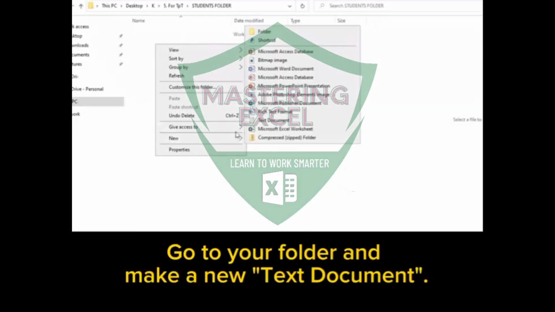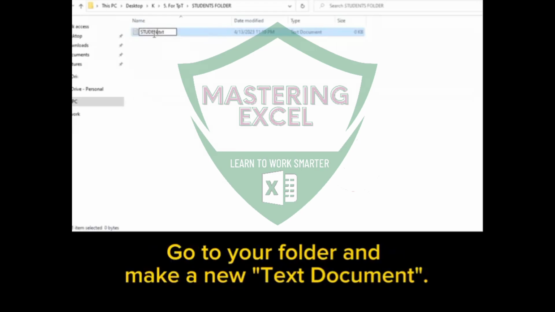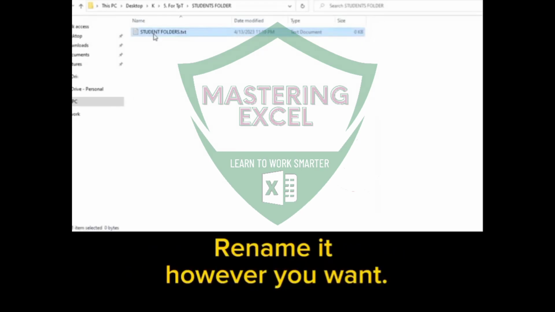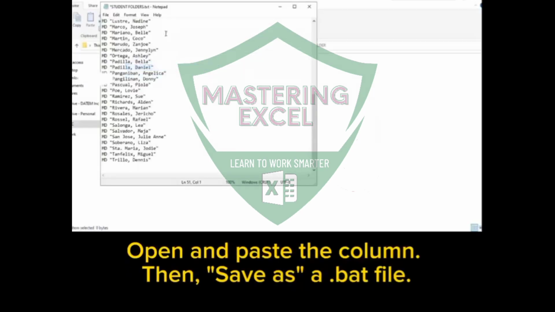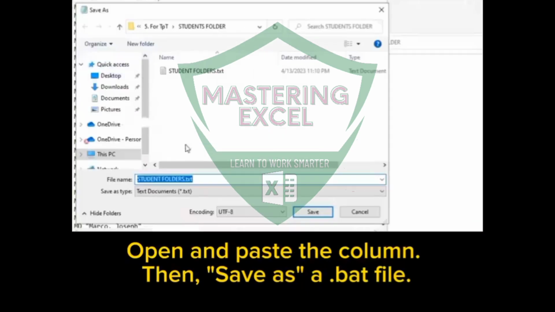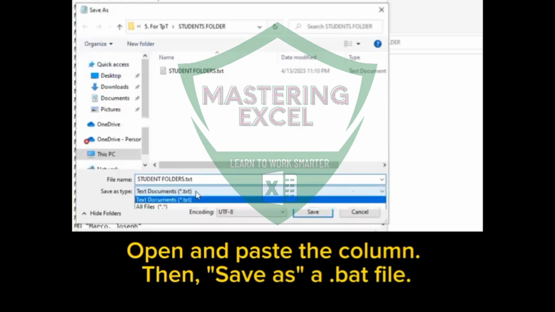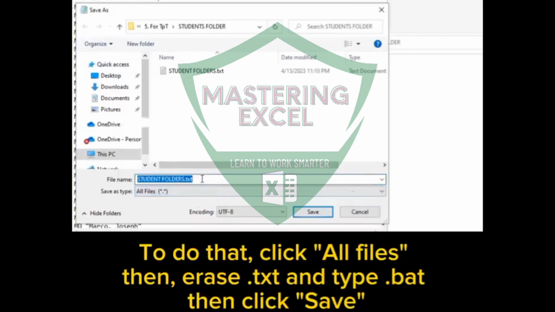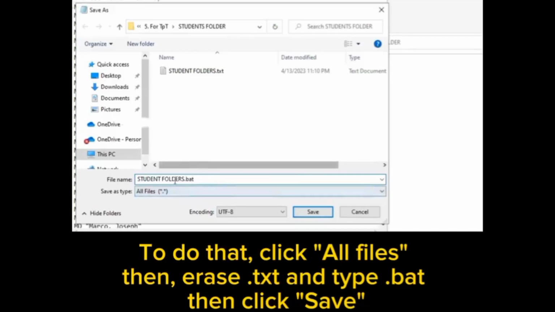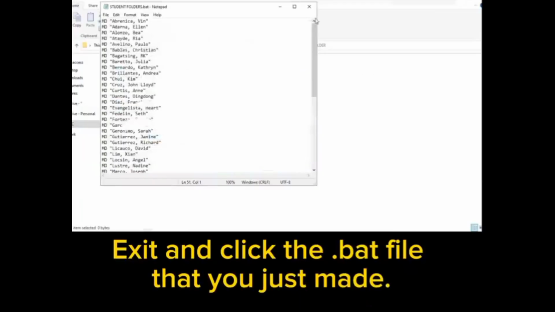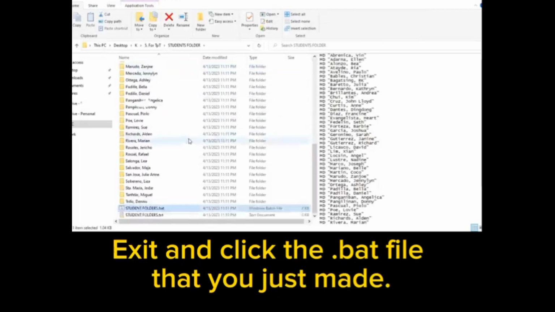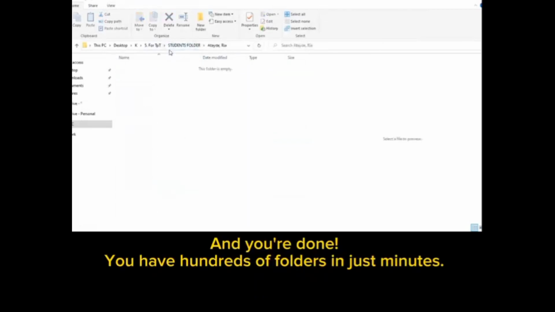Go to your folder and make a new text document. Rename it however you want. Open and paste the column. Then, save as a .bat file. To do that, click All Files, then erase .txt and type .bat. Then click Save. Exit and click the .bat file that you just made. And you're done. You have hundreds of